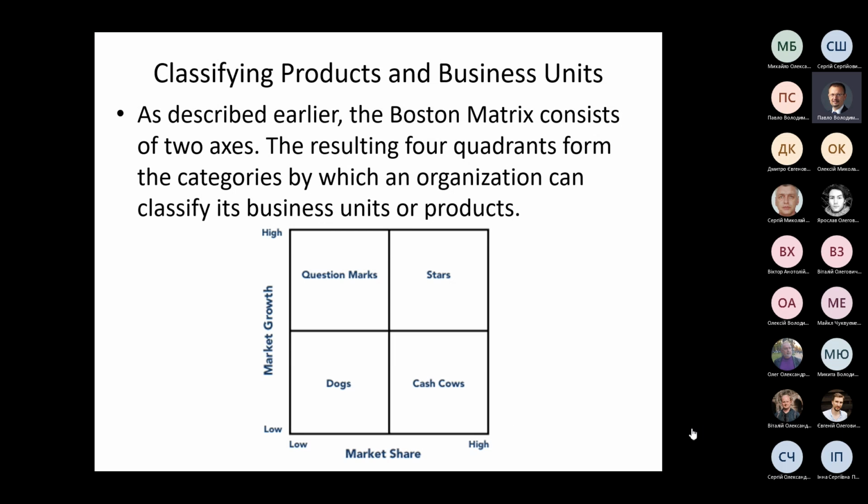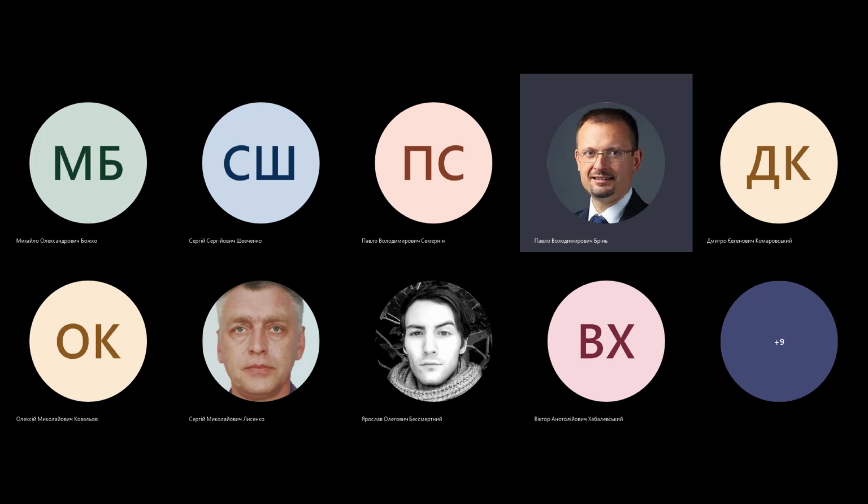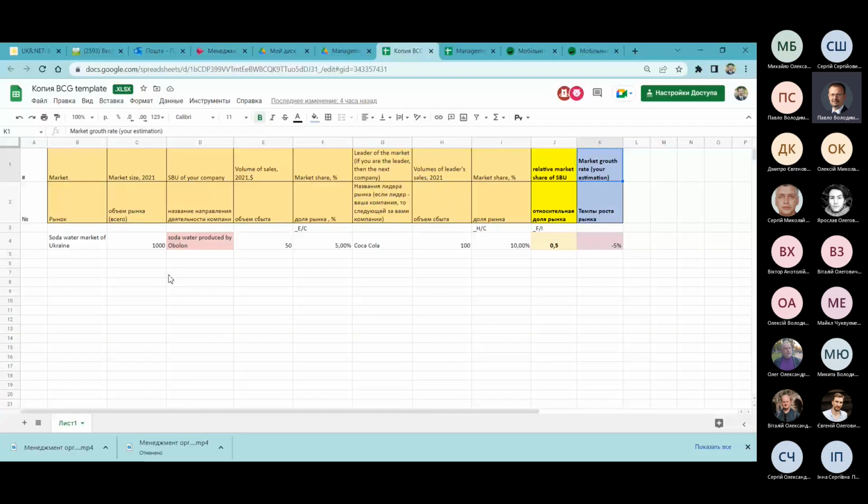I'm coming back to the table, because the diameter of every strategical business unit must be in proportion to the volume of sales in money. It could be hryvnias or it could be dollars. So the biggest circle will be the biggest